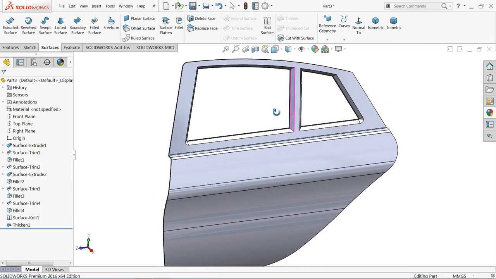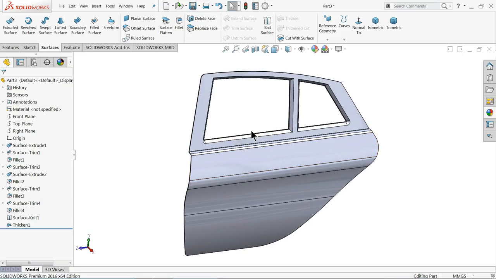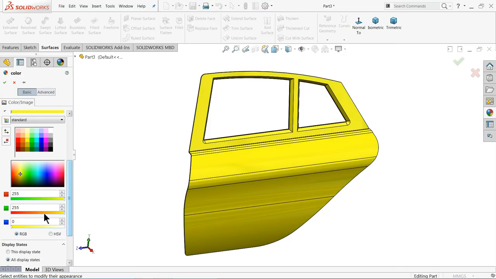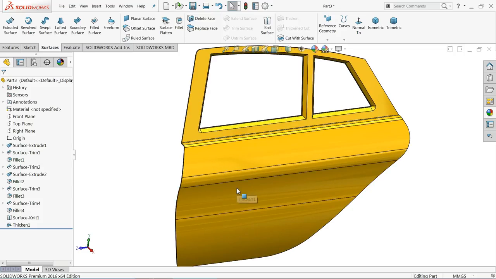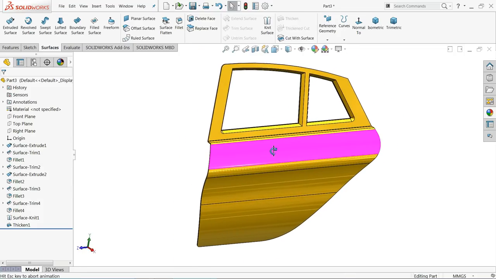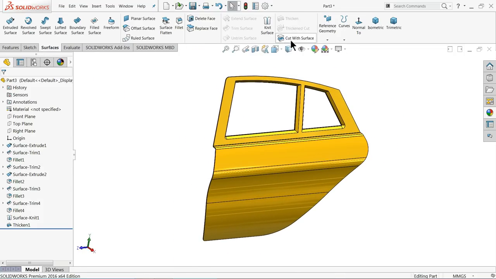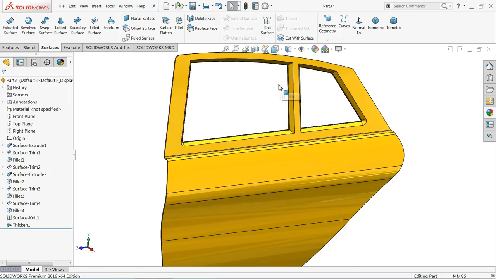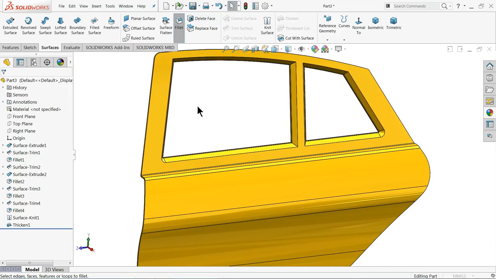Now let's add those colors. Okay, so this is the simple surface tutorial. We used a few commands like knit surface and a few commands which help us to make a simple door. Let me add some